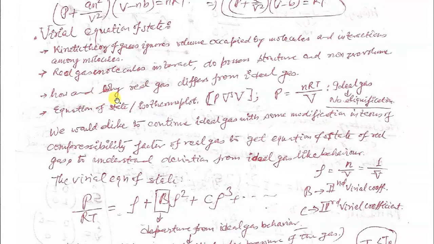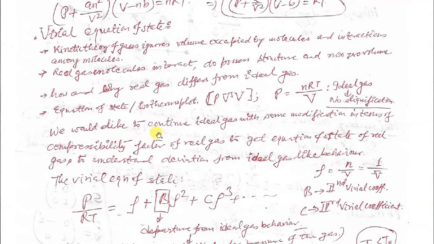So there is a deviation from the ideal gas equation when we look at the behavior of a real gas, because there is a possibility of liquefaction of gases. That can be realized on the basis of the equation of state, or by looking at the isotherms of real gases. Here we would like to see how the pressure varies with respect to volume for a real gas. In the case of an ideal gas, you have P equal to nRT upon V, or PV equal to nRT. This is the case of an ideal gas.